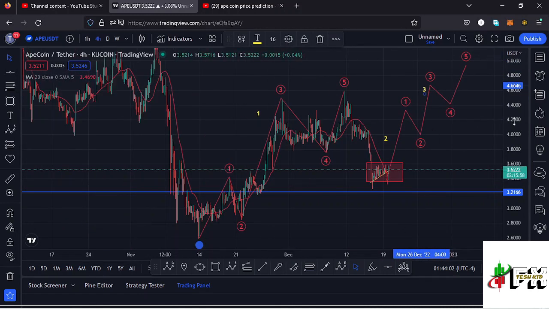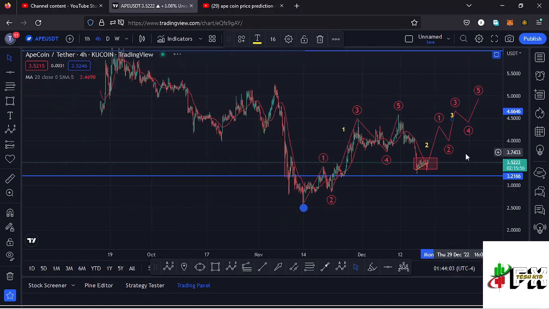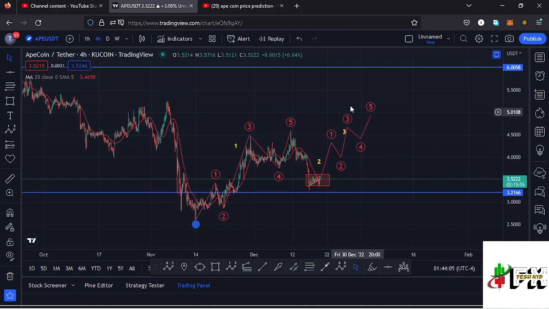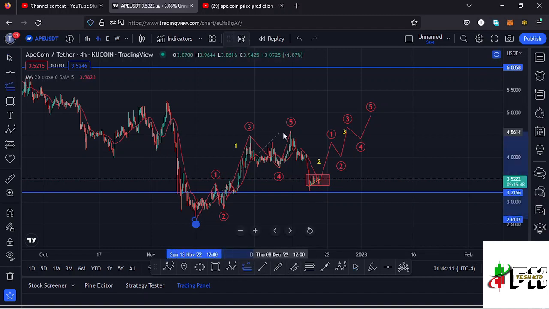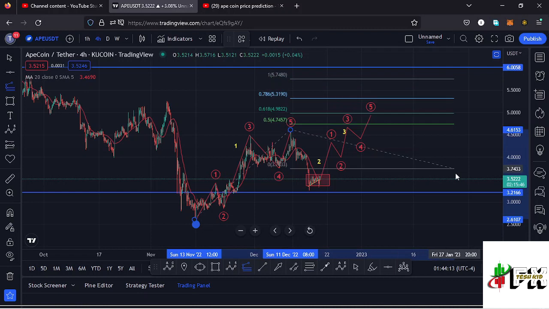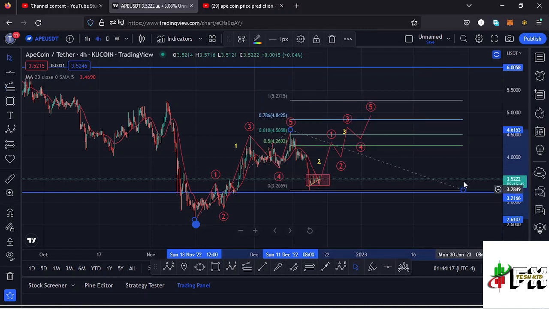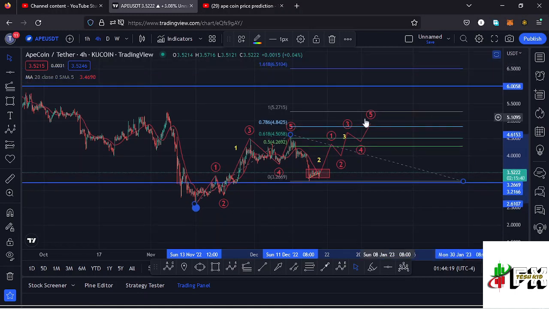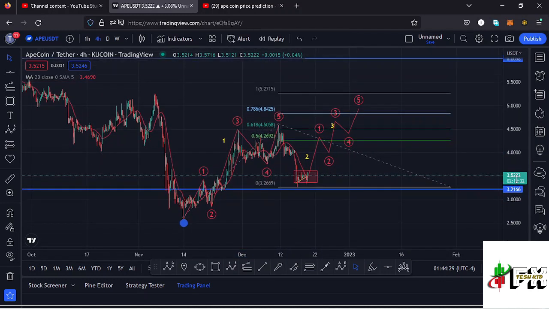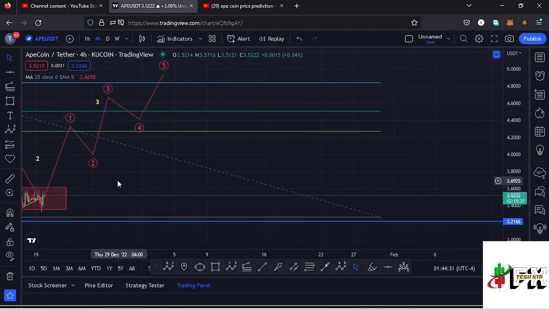And assuming that the low for that higher EBOOK wave count 2 is in, we can sketch out a minimum target area to the upside in the formation of that wave 3 using a trend-based Fibonacci, connecting it from the low of the first wave to the high of that wave 1, then dragging the fibs to the low of the second wave, and that gives me a minimum target area to the upside in the formation of that wave 3 at the fib level 1.618, which perfectly lies at around the $6.5104 mark, and that is the minimum that I would expect that wave 3 to the upside to do.